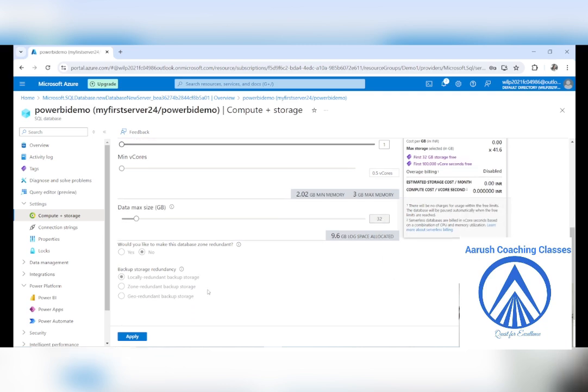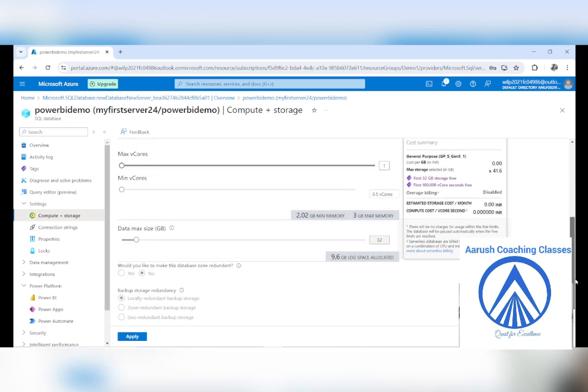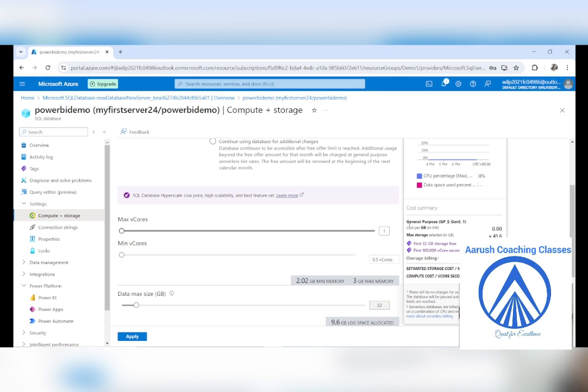And now you can click on apply. So what I did, just see here, I have set this as 1, and then I have set this one. It is 9.6 GB. Make sure it is less than 15 GB so that you are not charged anything. See, for me, it is giving the cost per GB also. Max storage is this much. First 32 GB is free. So for me, the price is 0.